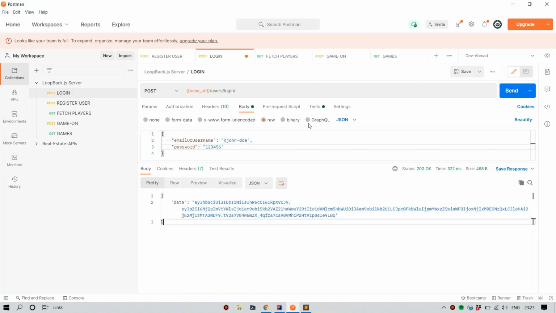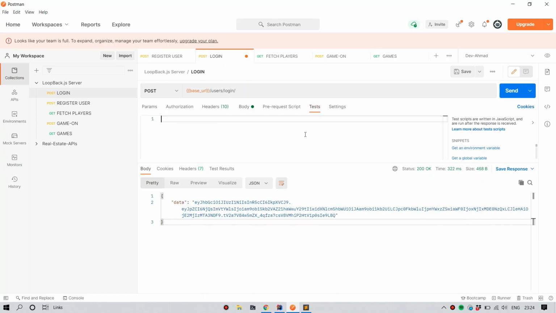So what we can do is utilize this Tests tab. We can write raw JavaScript here, and we can utilize those scripts to access the environment variable and the response from the API call, and we can set the environment variable here. This script will get called every time we get a response.